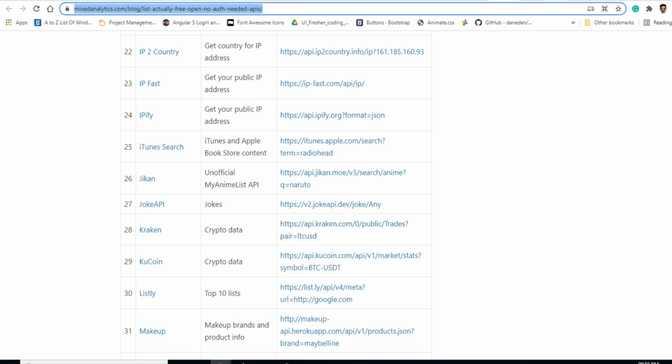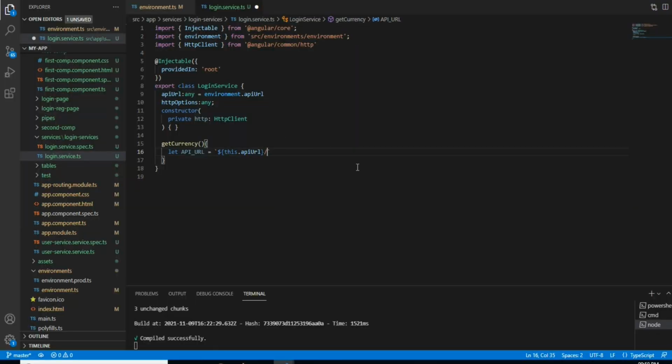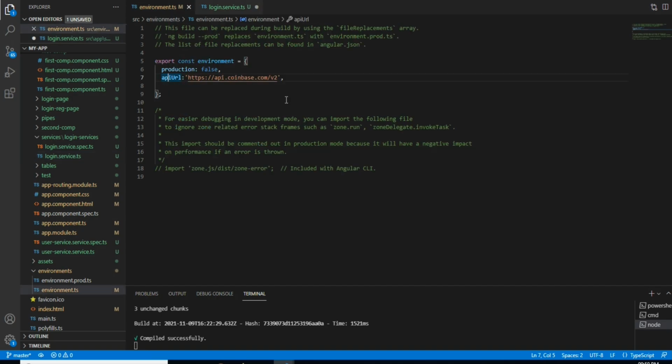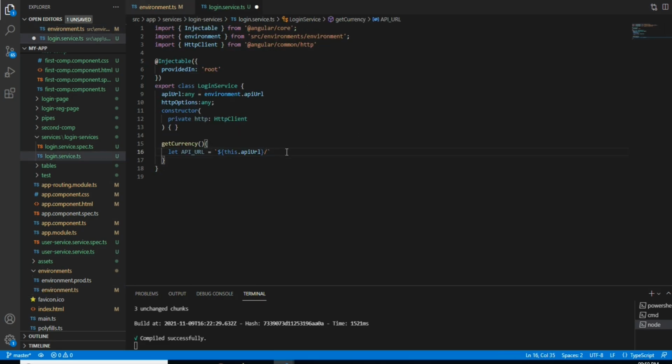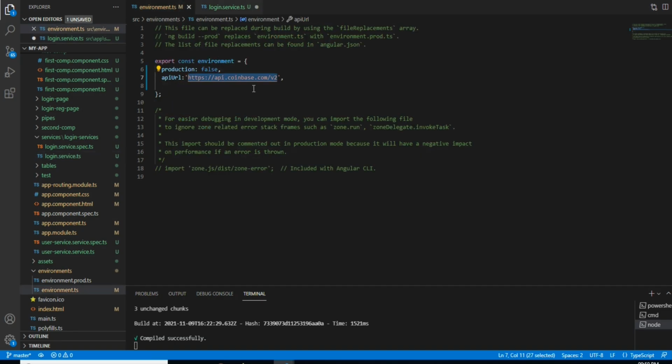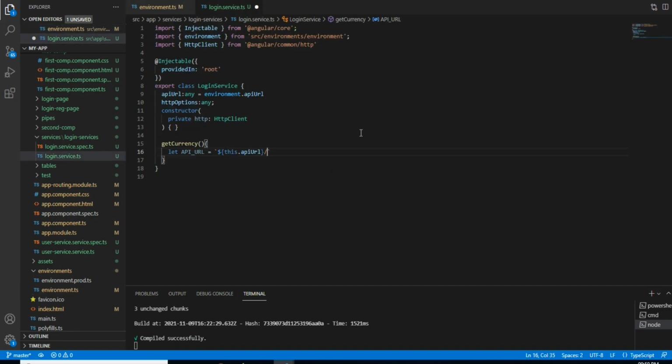I will tell you a scenario. If you have n number of URLs, but the first URL, the base URL, is the same. Assume this is the base URL of your application, and the remaining part will change. If you are giving up to here and v2, it will be clumsy. You will face some clumsiness. So better you use it like this itself. Only changing the ending URL will be a better option for you to write.